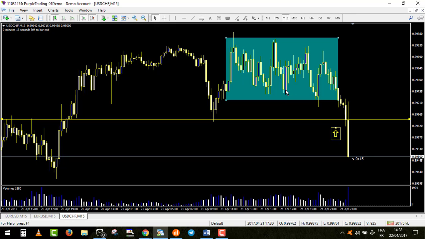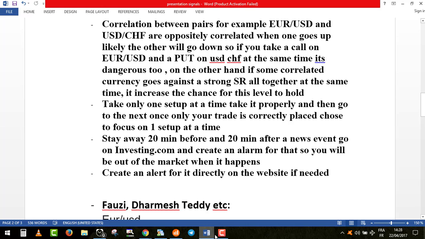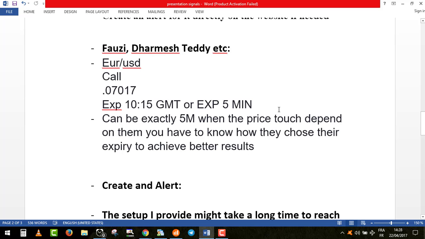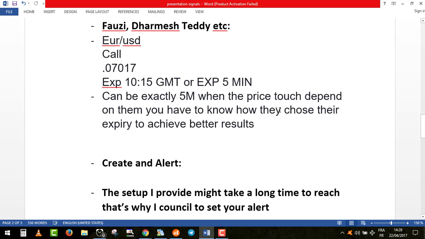So focus on one. If you miss one opportunity, don't worry, there will be a lot of signals. So don't worry about that. Focus on one, take it properly, and after you go to the next. So now let's look at other signal providers that you can find everywhere, and be careful because every signal provider